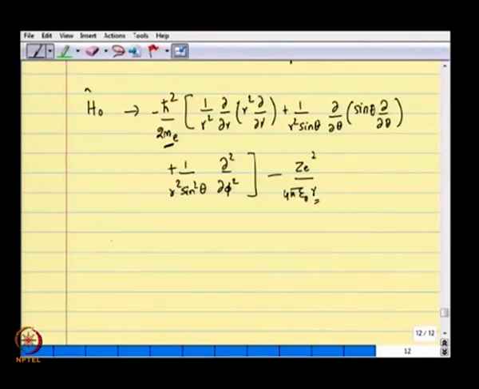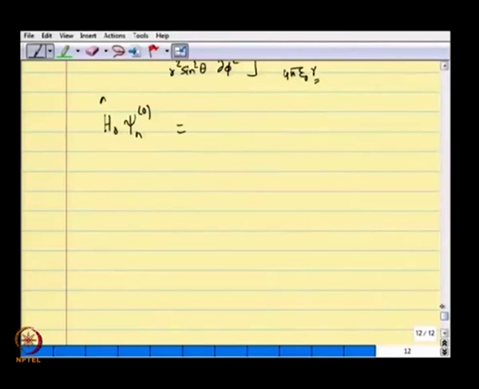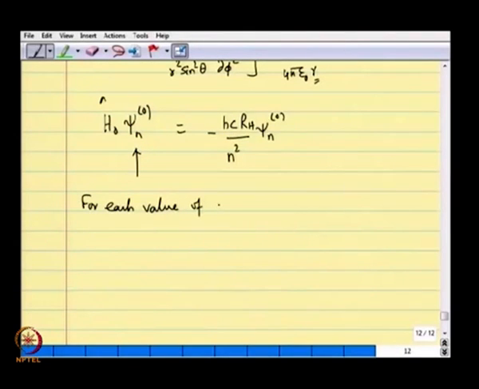and we know that the energy is H naught psi n zero equals E n psi n zero. We know the solution. This is an exact problem that Schrodinger first solved, and everybody else has later on followed this by other methods as well. The answer is h c, the Rydberg constant, by n square, psi n 0, and we know that this n goes for each value of n from 1, 2, 3, etc.,